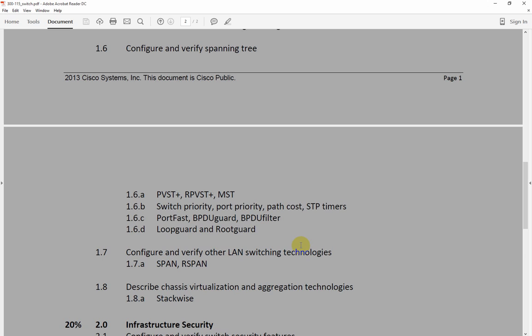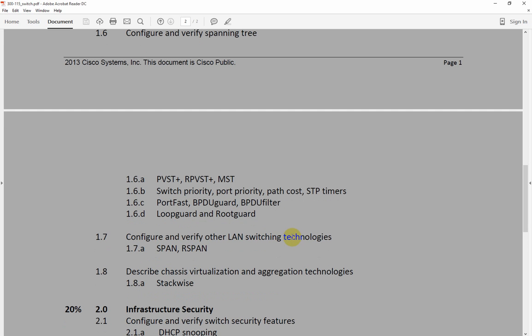We're going to run through the characteristics of how it actually works and all that good stuff that goes along with it, and go from there. We'll take a look at SPAN and RSPAN for doing switch port analyzer. Basically, that gives you the ability to mirror traffic from one port to another port and plug your computer into that port and mirror all the traffic so you can run something like Wireshark on it